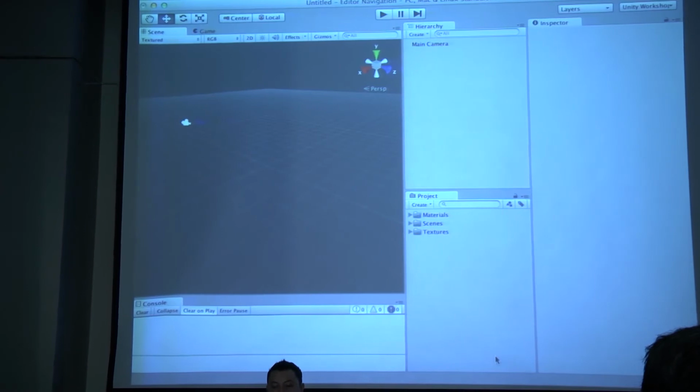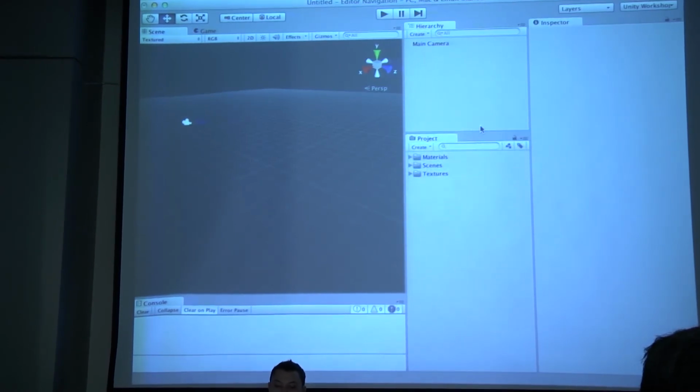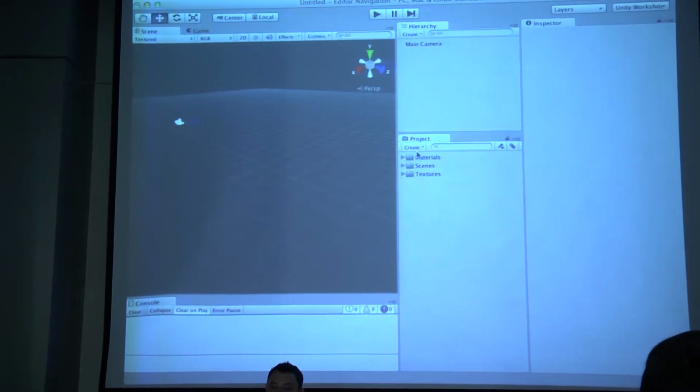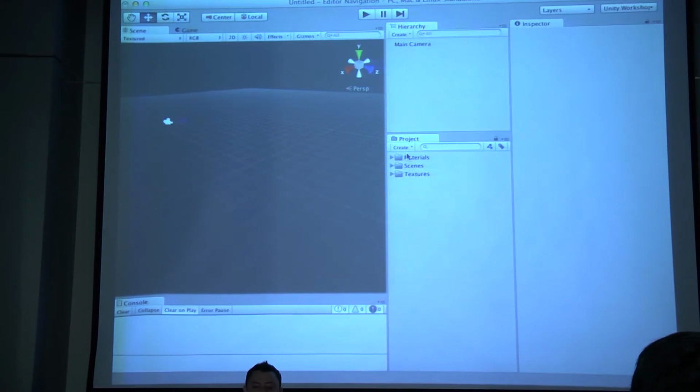Okay. Just a simple scene that allows us to explore some of the ways that you can navigate your scene in Unity. Again, we've seen a lot of people use Unity, but not everyone seems comfortable navigating. So, this scene